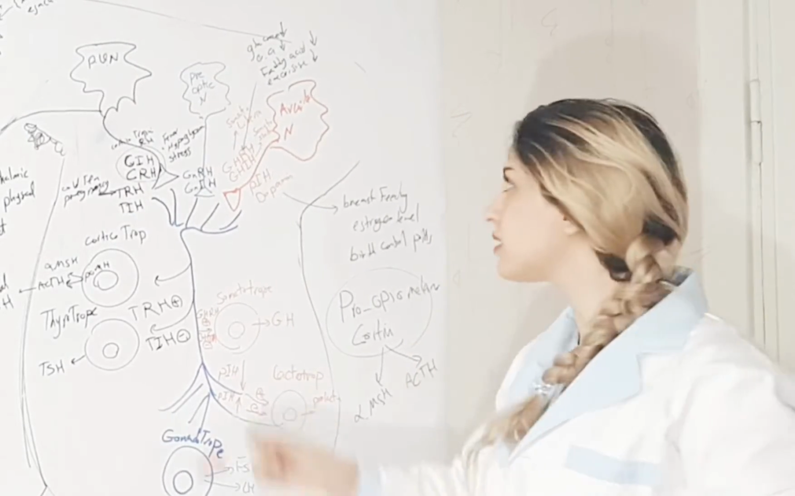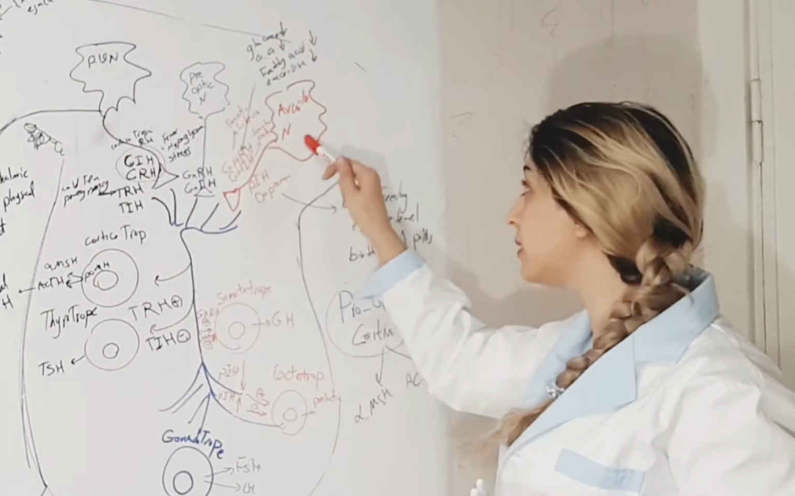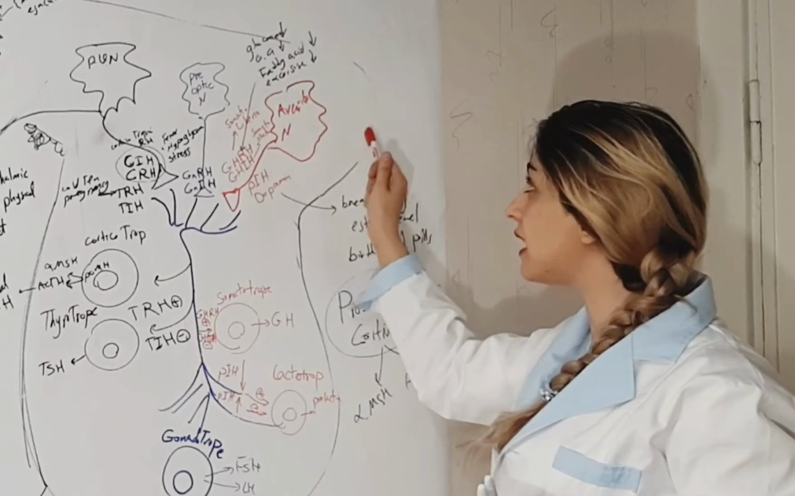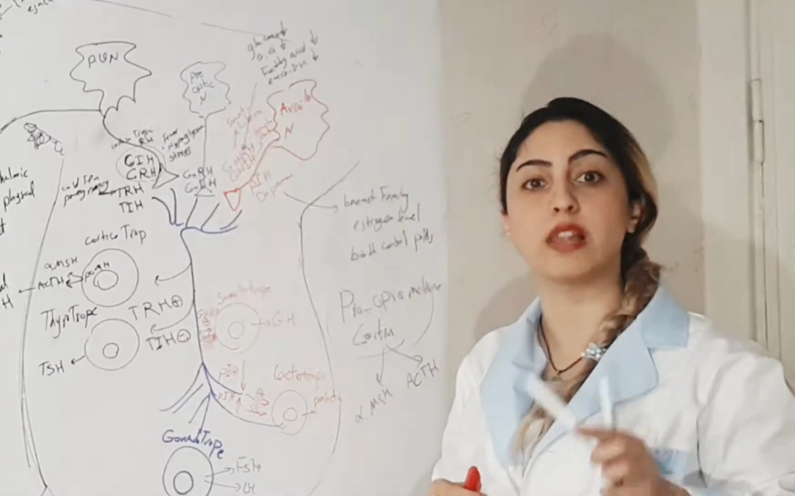These are some signals to the arcuate nucleus. The signals will come in here. Okay, the fatty acid is less, the glucose is less in the blood, the amino acid is less, we have hypoglycemia,